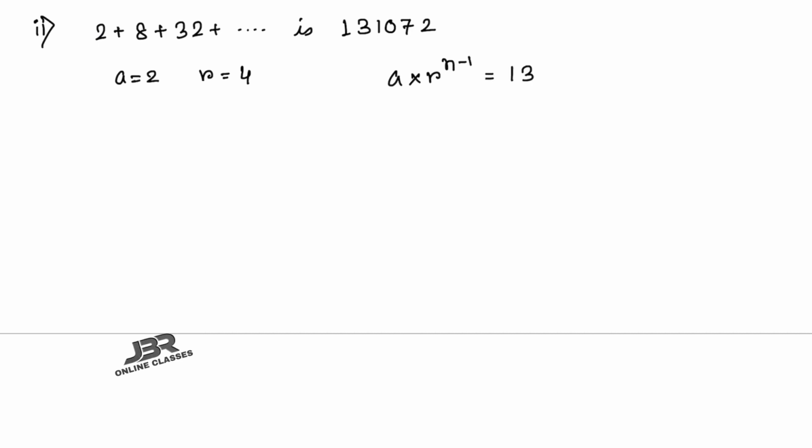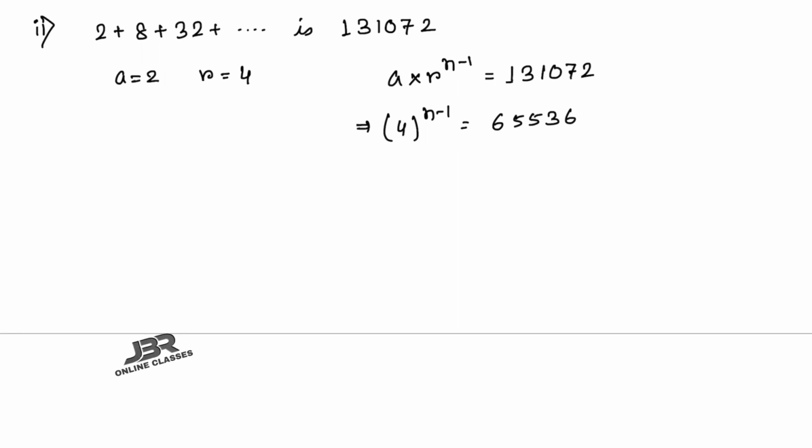In 4 2, 2 plus 8 plus 32 plus so on is 131072. So here a equals 2, r equals 8 by 2, that means 4, and in the last term a times r to the power n minus 1 equals 131072. So r means 4, so 4 to the power n minus 1 equals 131072 divided by 2, because a equals 2,